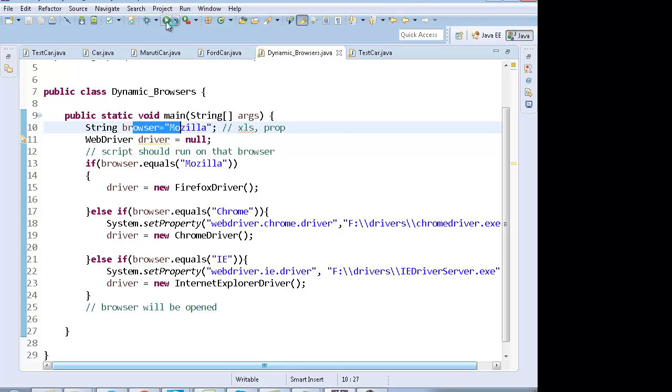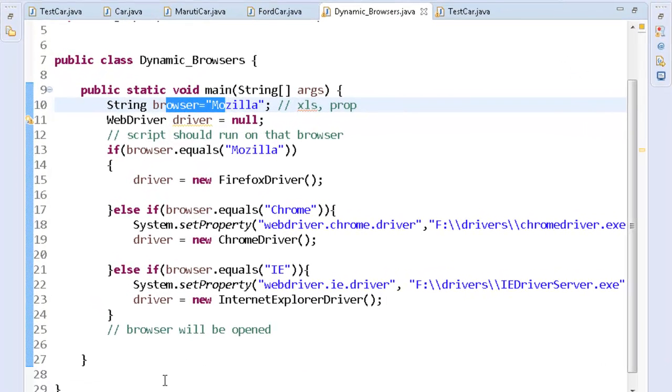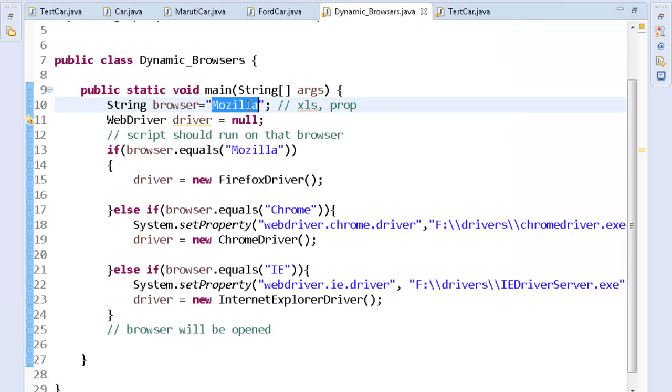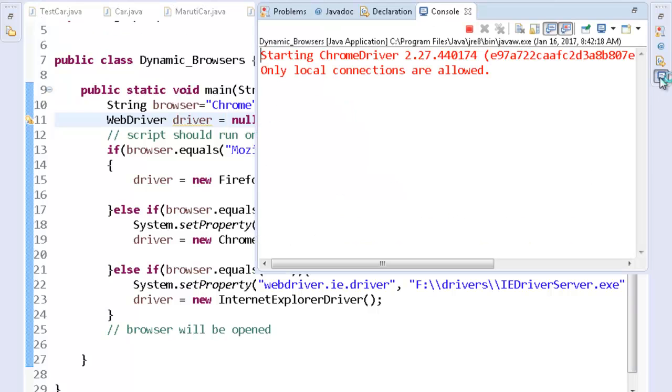You see Mozilla will open up. And if I make this Chrome, then my Chrome browser will open up. So I just have to change one variable and the respective browser will open. You see that Chrome opens up right now.